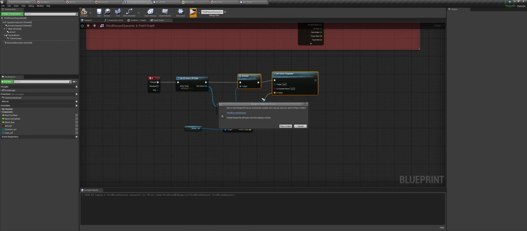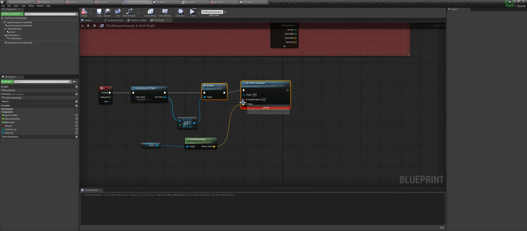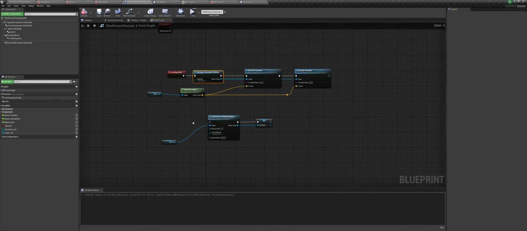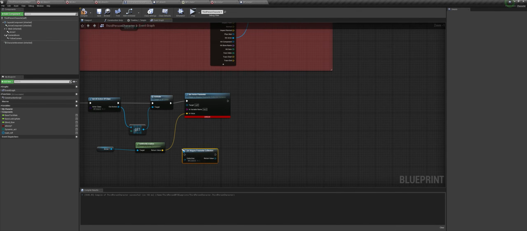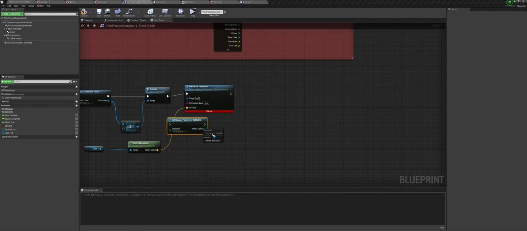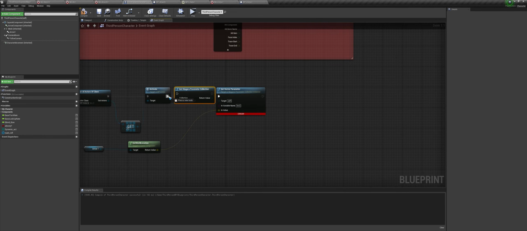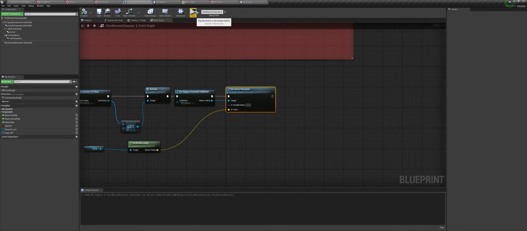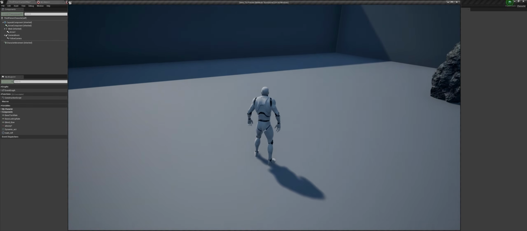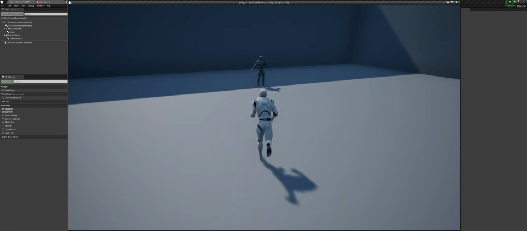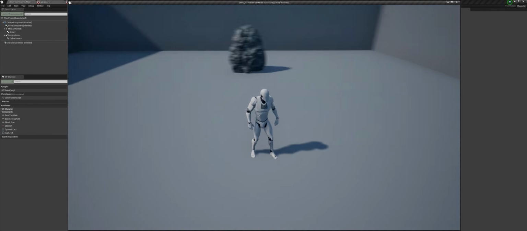So now if I press, oh yeah, here we need a target, and the target is this get Niagara parameter collection. Right now we really can convert this to a parameter, so we need to call this function every time. So connect that here, connect this here, connect this here. And now if I press play and if I press the E key, you can see the conjuration happening.